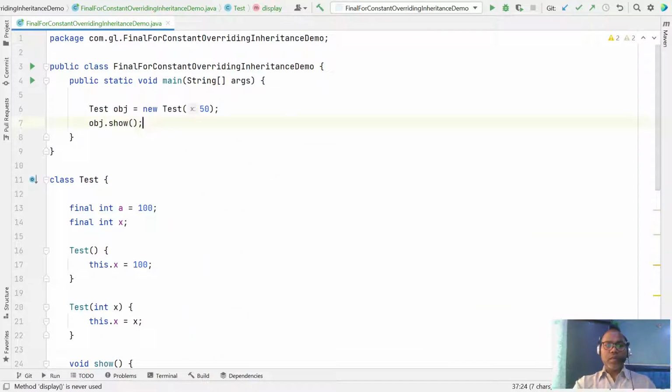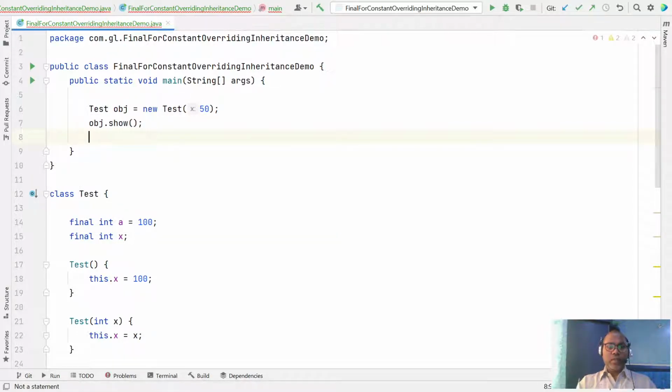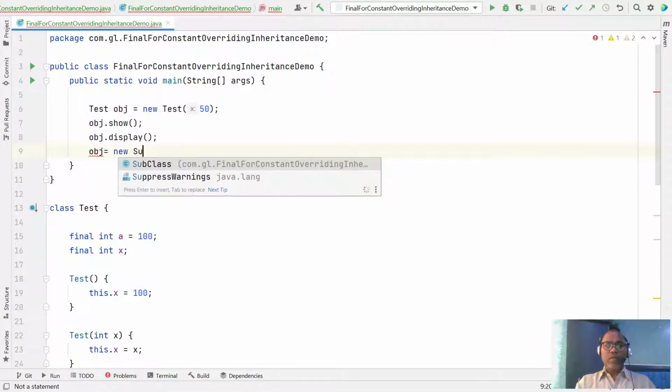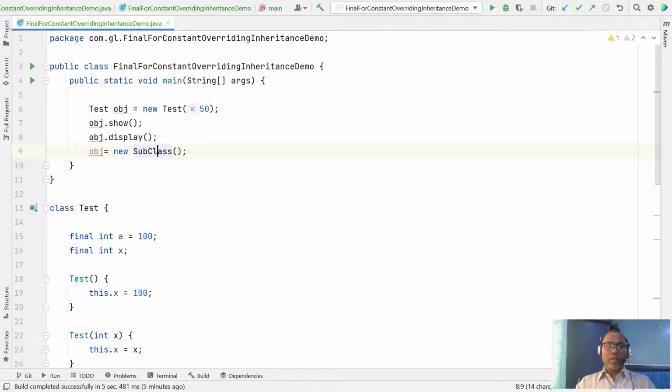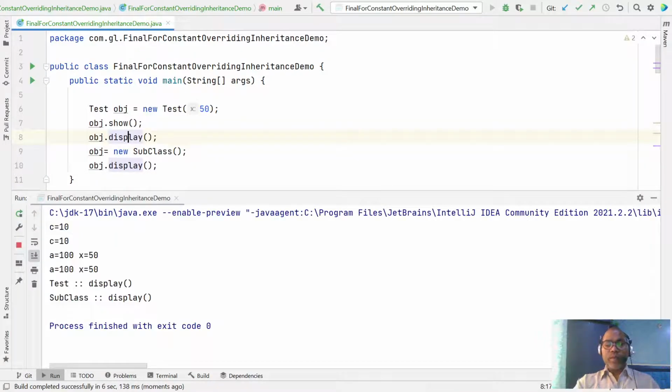In this scenario, you can say Test object dot display, or you can assign a new subclass to the object and call the same display function. With the subclass assigned, it invokes the subclass definition; otherwise it invokes the superclass definition.